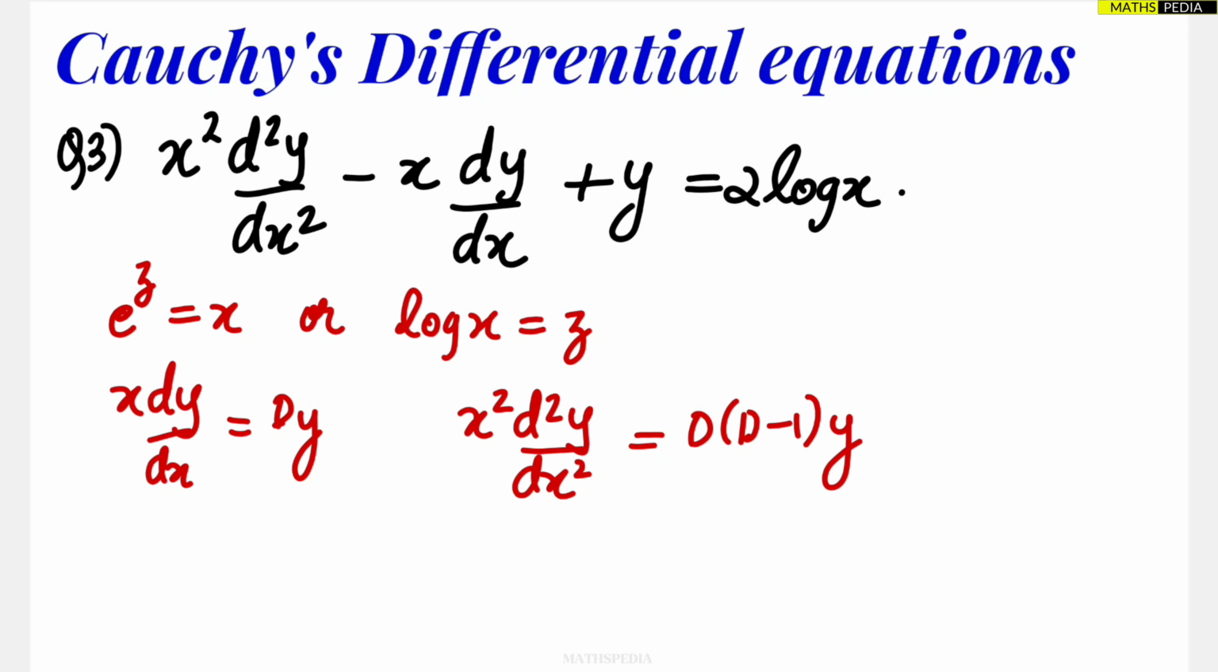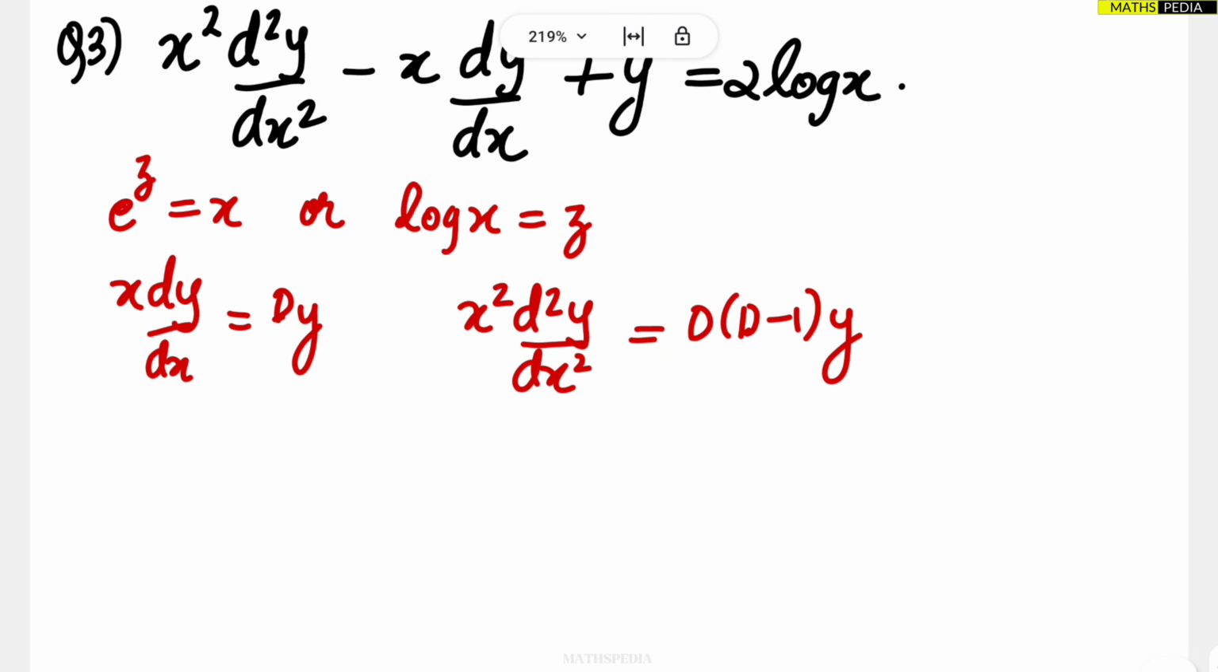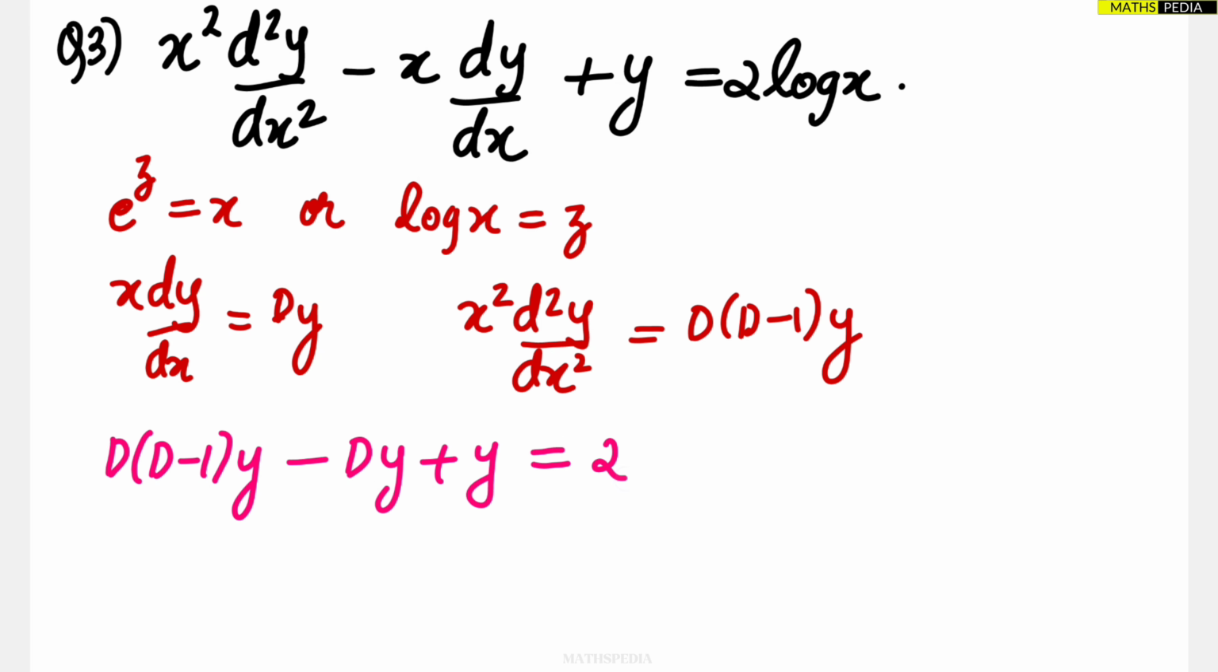Now here, as we have seen in the question, this entire part can be written as what? Dy. Y will remain as it is. RHS also, if you observe, log x can be directly written as what? Z. So this equation will change. So the first part will become d into d minus 1 into y minus dy plus y is equal to 2 into log x, it will